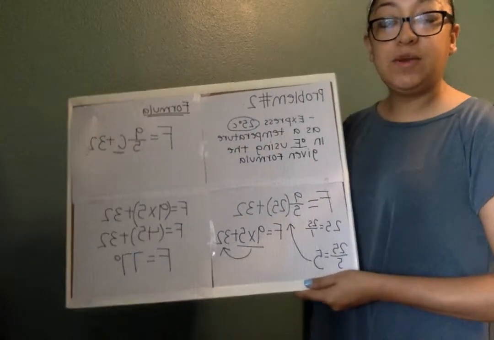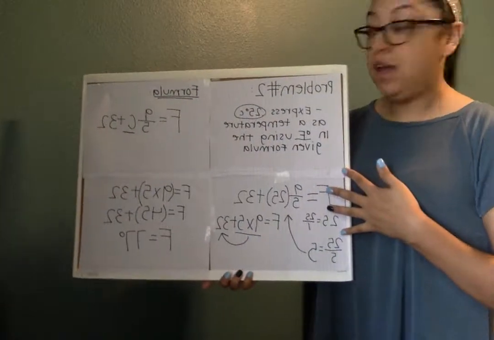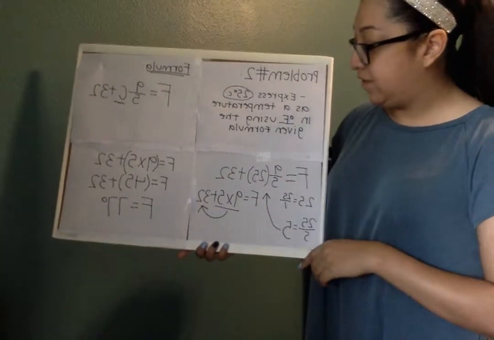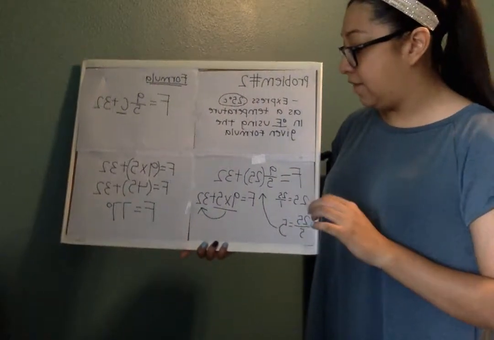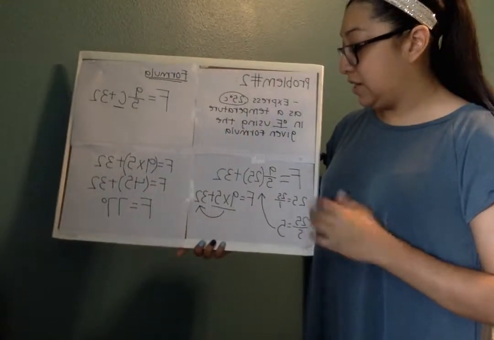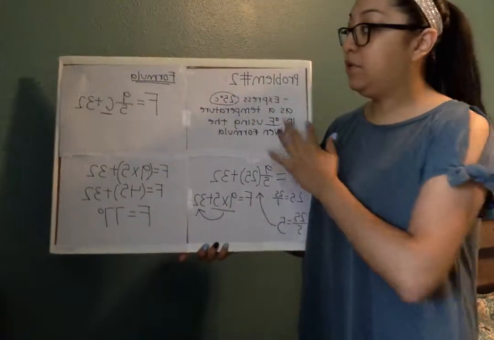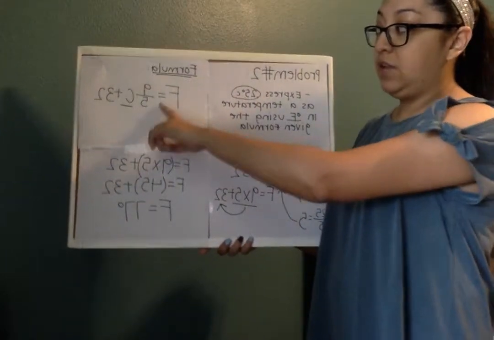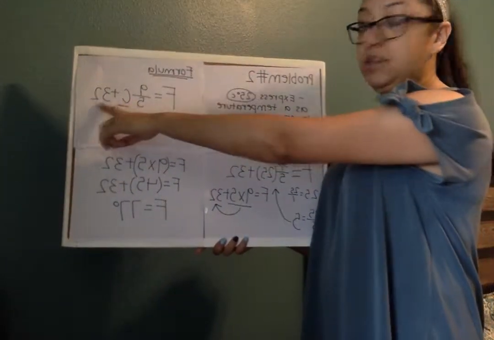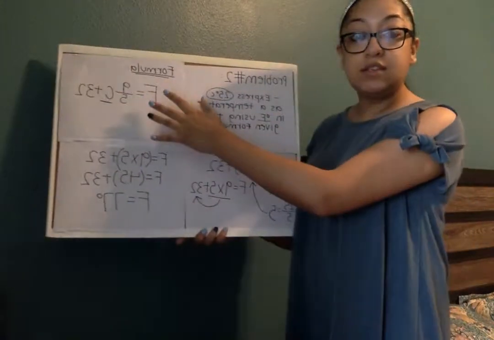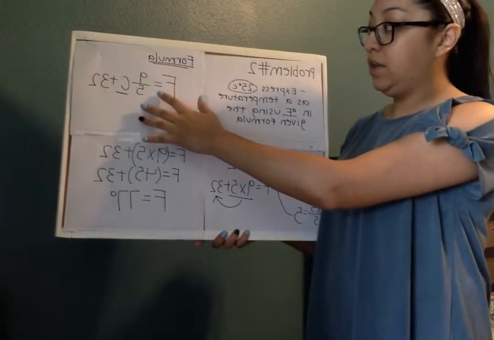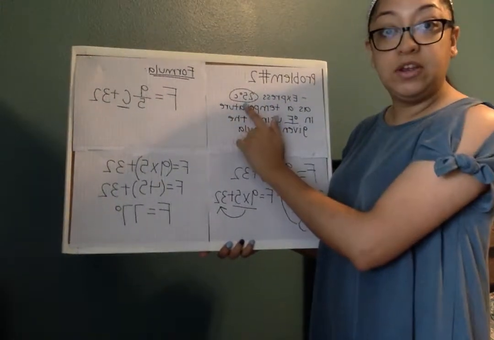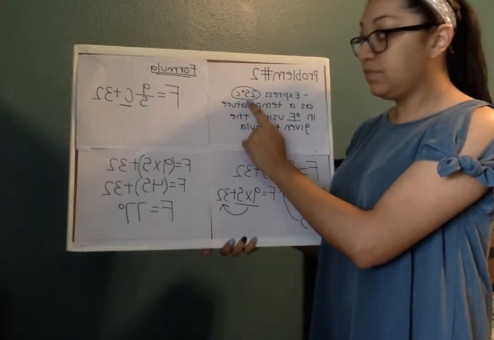Hi guys, today we're going to work on our problem number 2. For that problem, it states: express 25 degrees Celsius as a temperature in Fahrenheit using the given formula. So I wrote down the formula that they gave us in the problem, and it's F equals 9/5 C plus 32 degrees. With this given formula, it's going to allow us to change this 25 degrees Celsius into